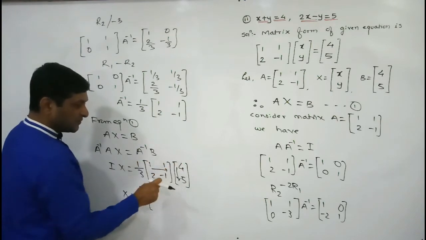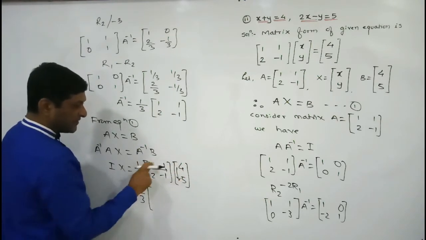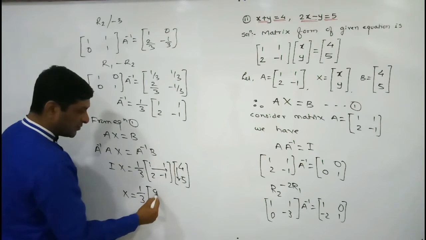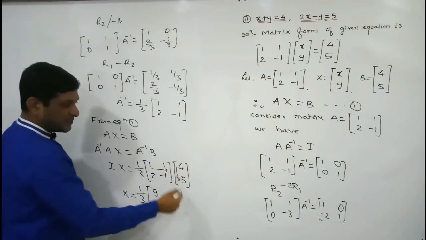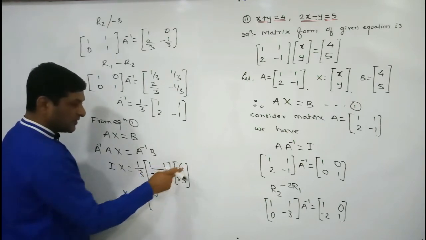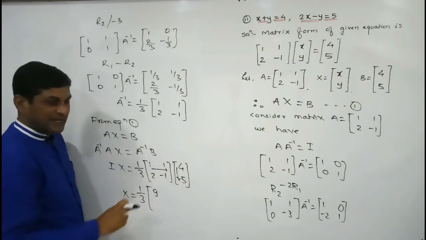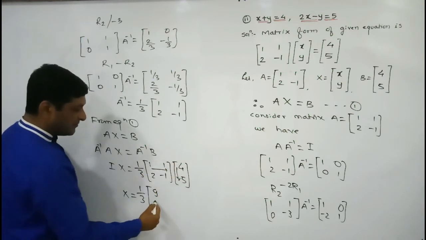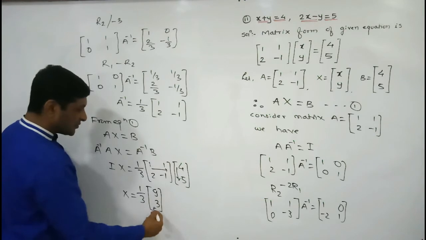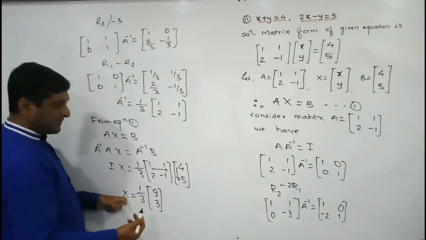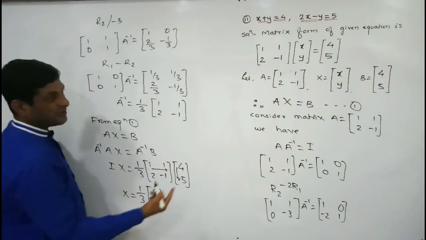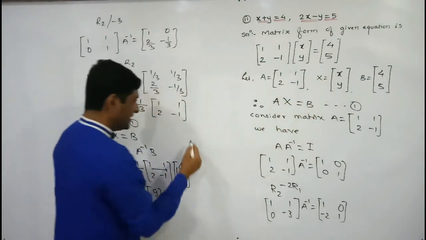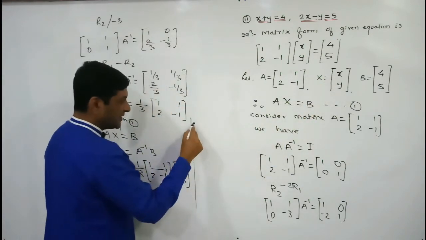1 into 4 is 4 and 1 into 5 is 5. 4 plus 5 will be equal to 9. Now multiply the second row by this column. 2 into 4 is 8 and minus 1 into 5 is minus 5. 8 minus 5 will be equal to 3. So here X I am replacing by the matrix with elements x, y. So what we'll get here, therefore